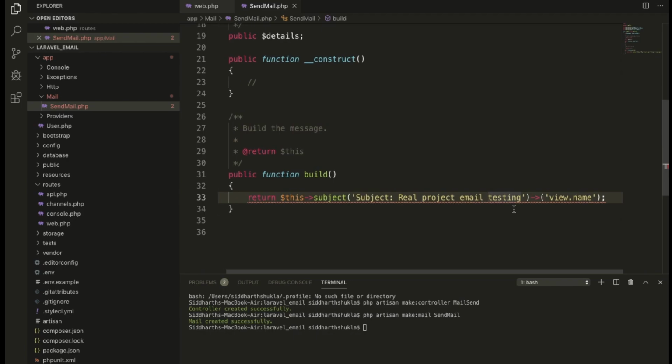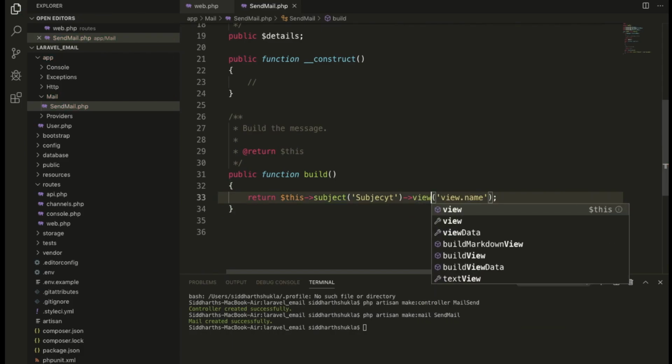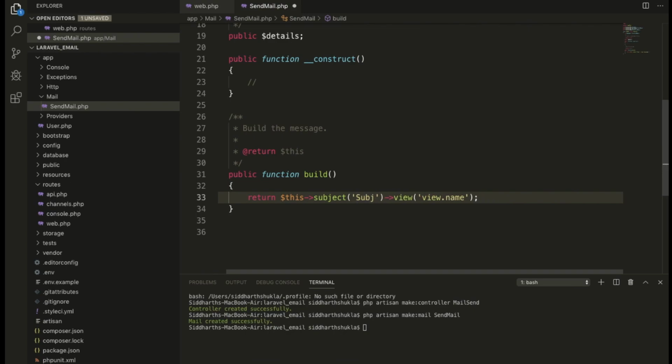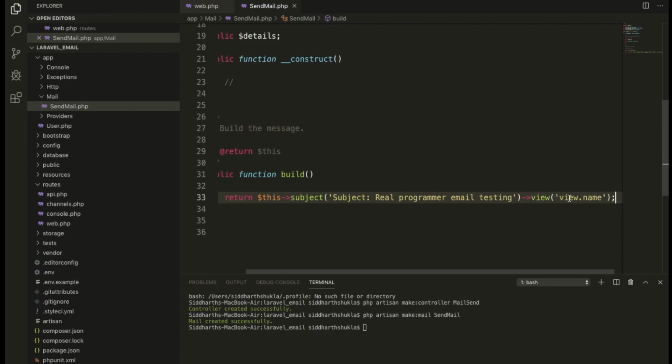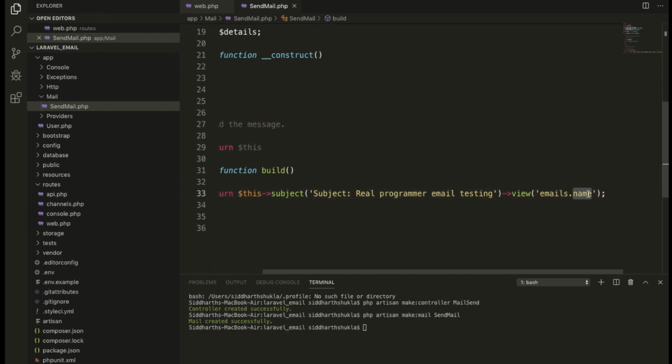Did we make any mistake here? Subject, real programmer email testing. And within the view we will create an emails folder, and the file name is